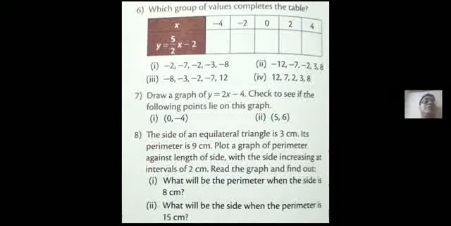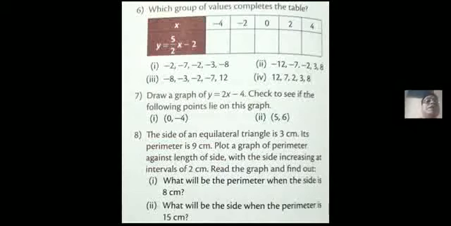Similarly for the second one, 2 values were coming, second or fourth. Now check for minus 2. X is equal to minus 2. If you put minus 2, it becomes 5 by 2 into minus 2, so minus 5, minus 2, minus 7. So the second value becomes minus 7. Fourth is given plus 7, therefore fourth is rejected. So no need to verify further, or if you want to verify, you can check the other values.